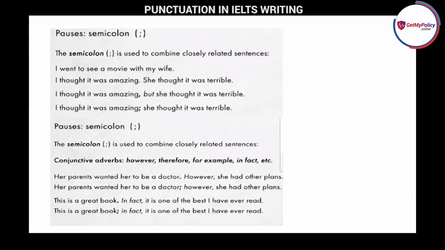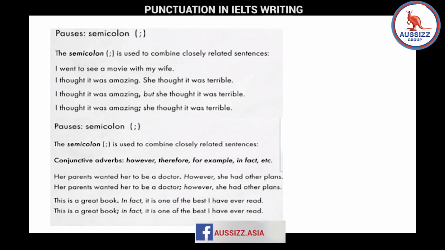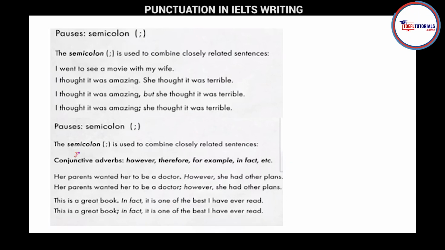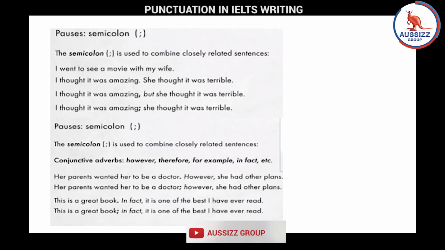But you can see that in the next sentence, but is replaced with a semicolon. And this is the best thing. I thought it was amazing; she thought it was terrible, with a semicolon. So in a compound sentence, when you're using your fanboy structure, for, and, nor, yet, but, so, with a comma, you can replace that fanboy structure with a semicolon. This is the best part I teach my students. So this is the first use of semicolon: the addition of two closely related independent sentences together.